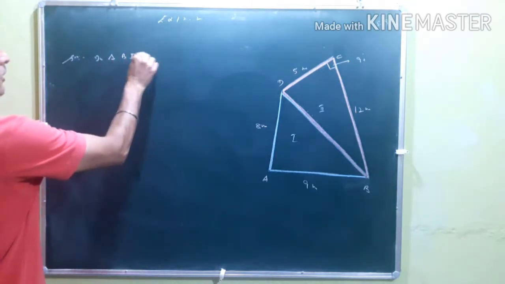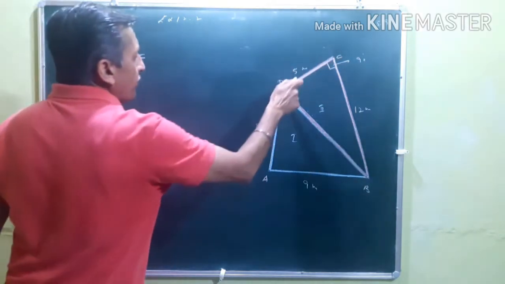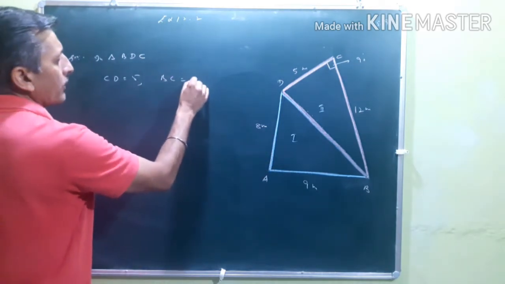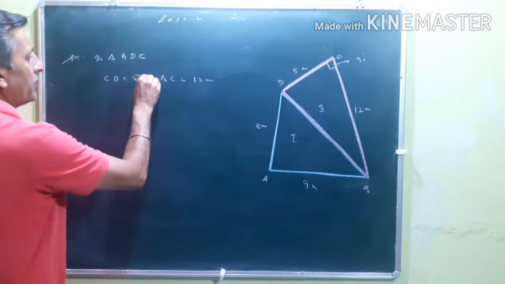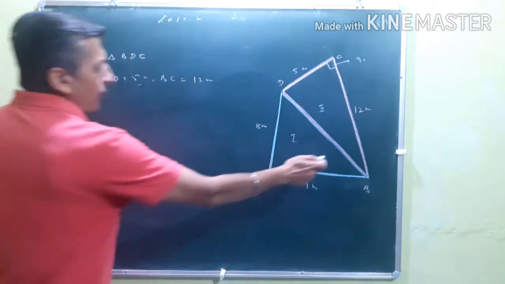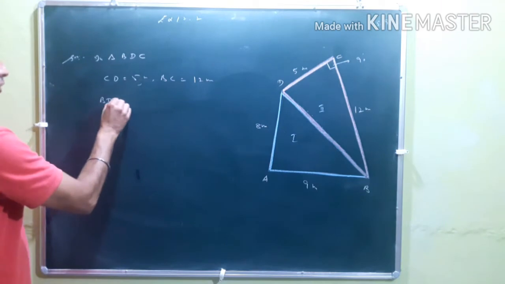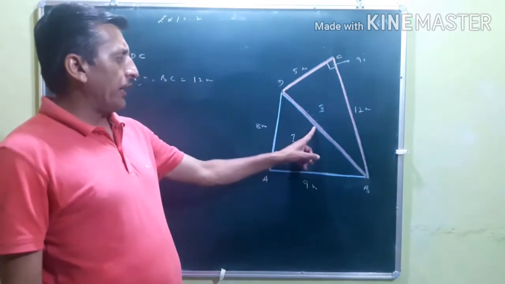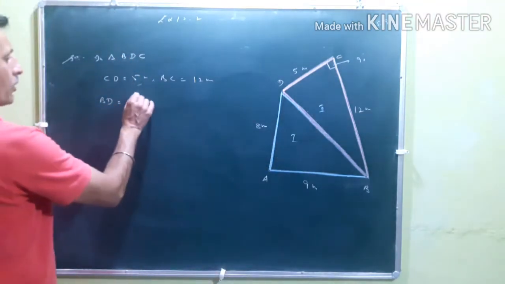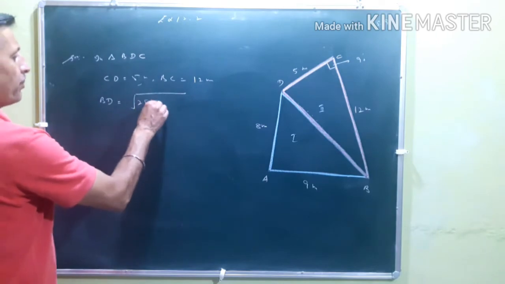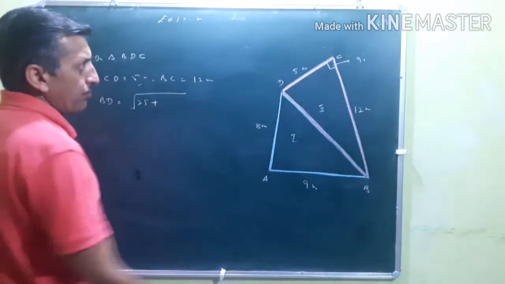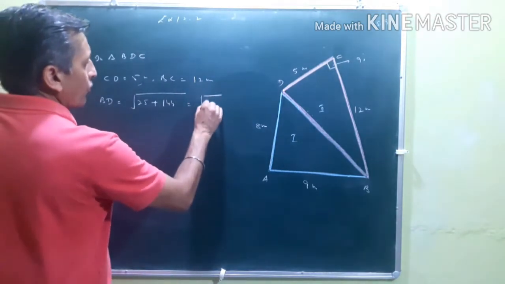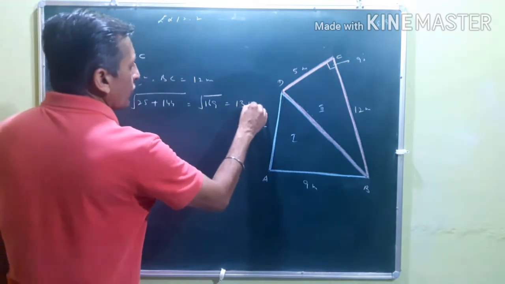So in the triangle BDC, the CD part is given, that is your 5. BC is also given, that is your 12. Units are meter, so you can write meter. But we have to find BD. So in this case, you can use the Pythagoras theorem, and I think everyone knows what the Pythagoras theorem is. H is equal to under the root of base square, that is 25, plus perpendicular square, that is 12 square, that is 144. So which is under root 169, and that gives the answer 13 meter.